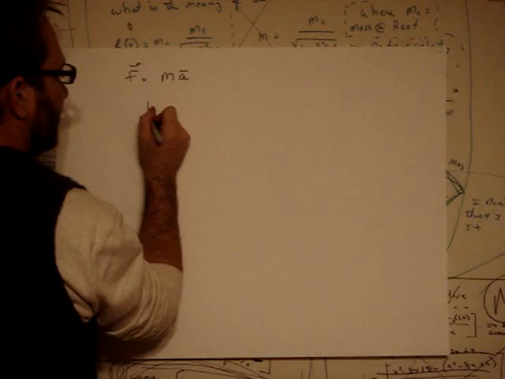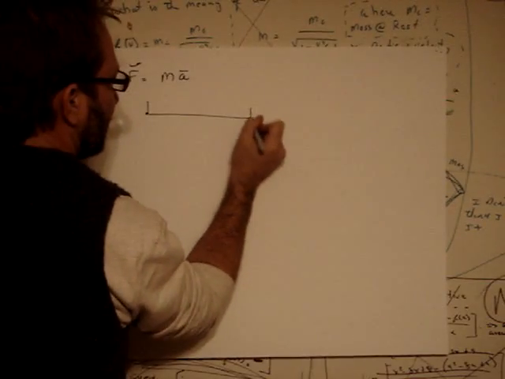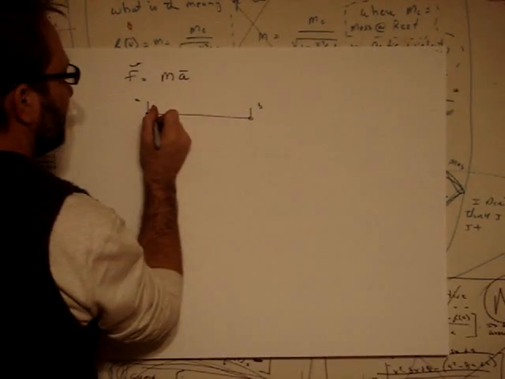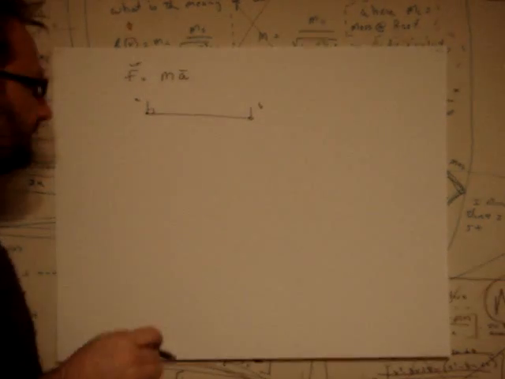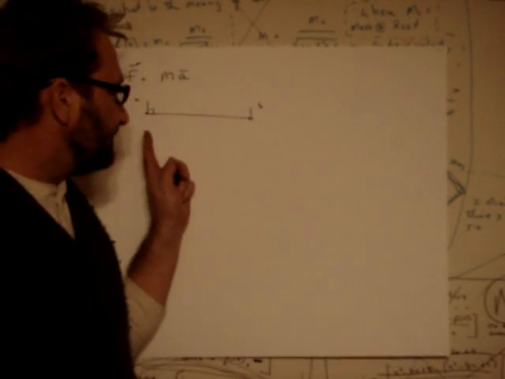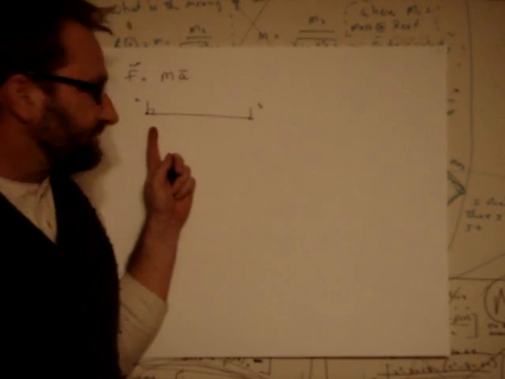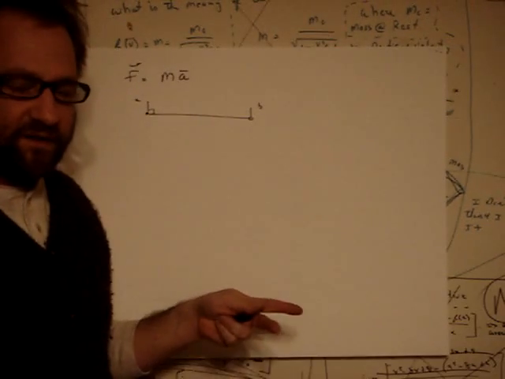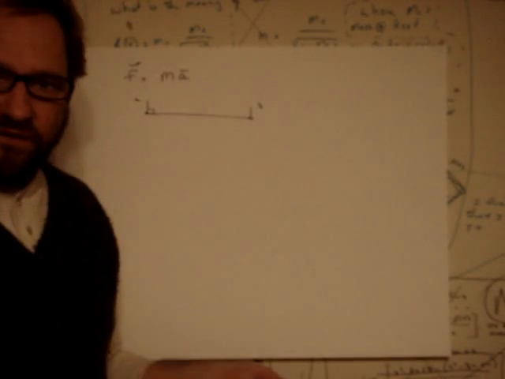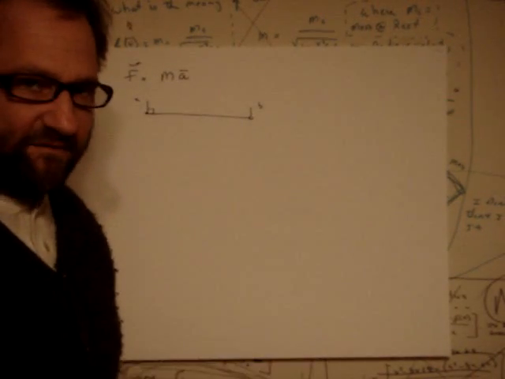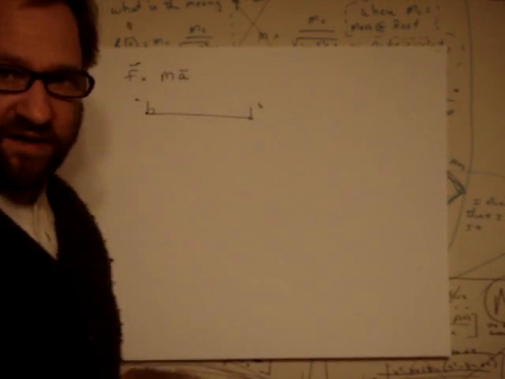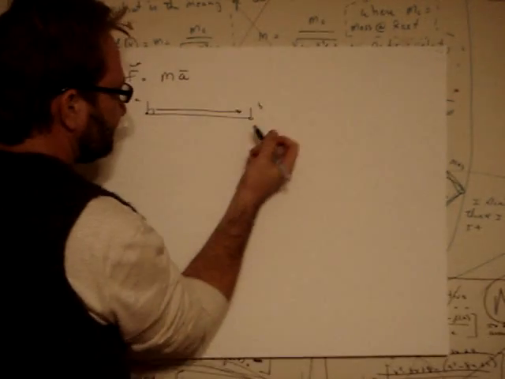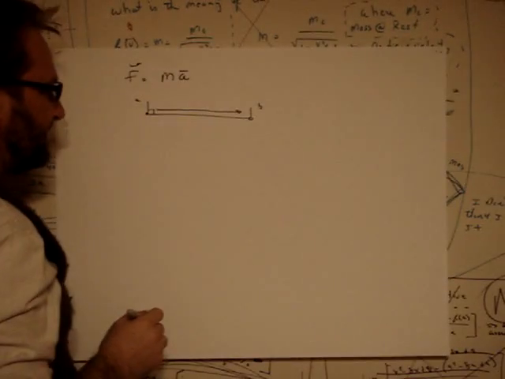So let's say we're talking about moving a particle from point A to point B, and the particle is actually at rest. In order for this object to go from being at rest to being in motion, a force has to be applied, and there must be an acceleration. Because if it starts at 0 velocity and moves to whatever velocity, then there has been an acceleration. Okay, so it accelerates from point A to point B.